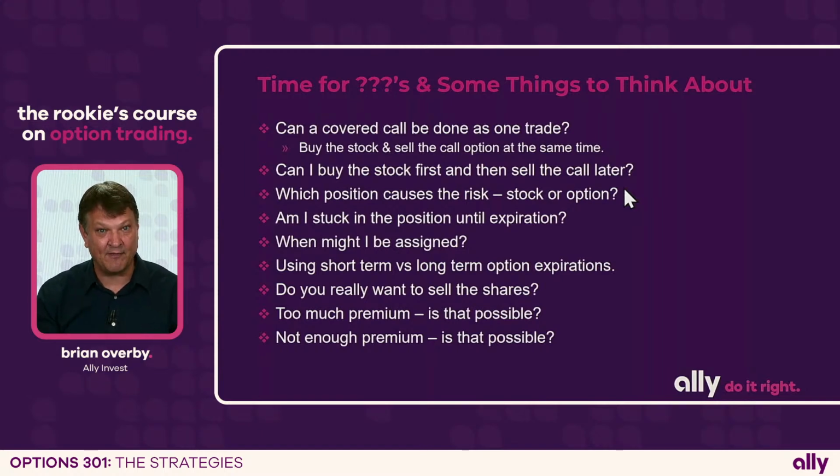If I exercise, I have to come up with 100 times 62.50, or $6,250, plus any fees to buy that stock. Why would I buy the stock now when I could buy the stock at expiration? I know the price. And what if it went down? I would say it's 65 now, but if in 15 days it went down to 60, well, then I would really look like the fool, right? Because I exercised, took on all the risk of owning the stock, and the stock actually went down over the